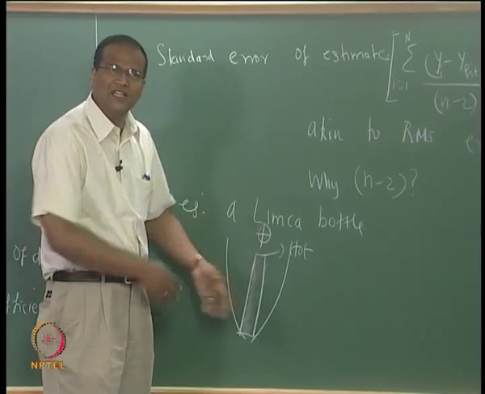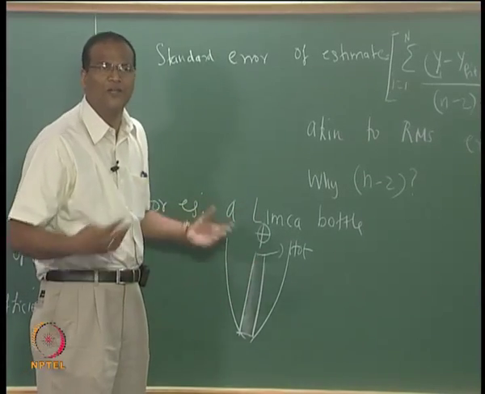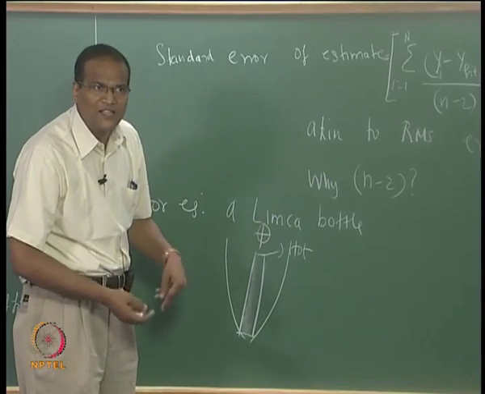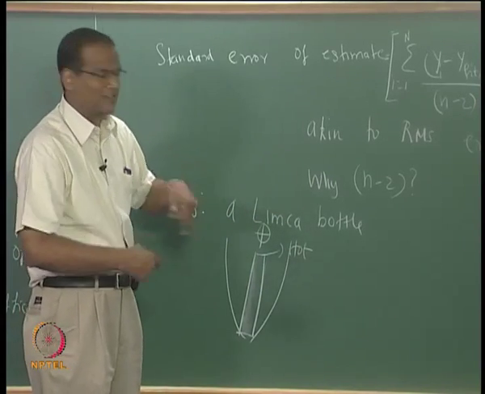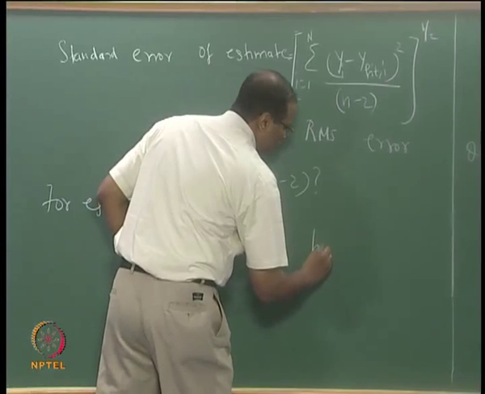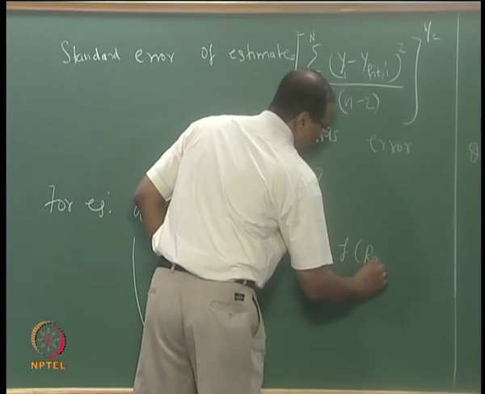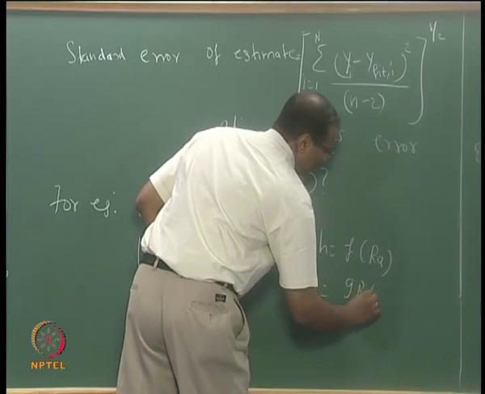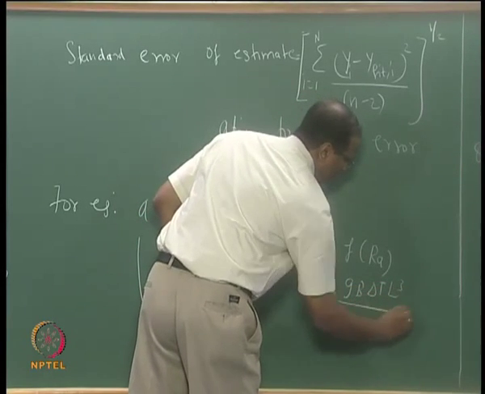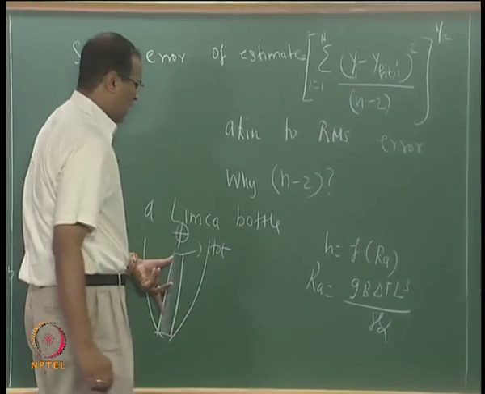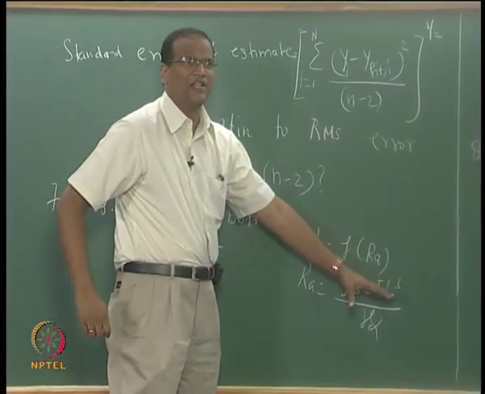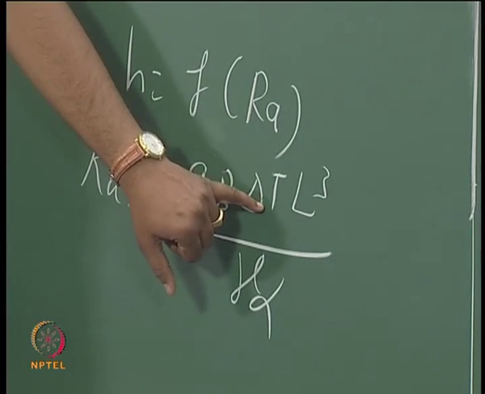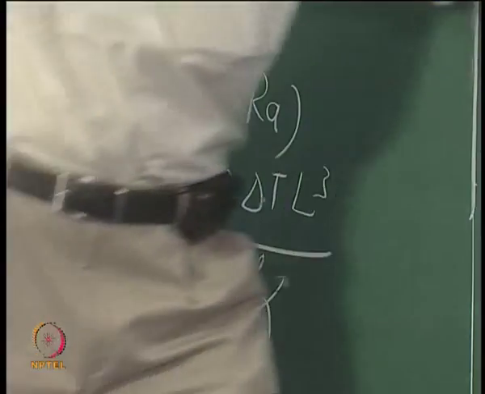So we do boundary layer theory, we do solutions of the Navier-Stokes equation, we do experiments basically to get this boundary layer thickness, so that from the boundary layer thickness we will get the heat transfer coefficient. So the heat transfer coefficient is going to be a function of the Rayleigh number. The Rayleigh number is g beta delta T L cubed by nu alpha. L could be the length or the diameter; the appropriate length scale has to be taken. This delta T keeps decreasing for a problem like this.